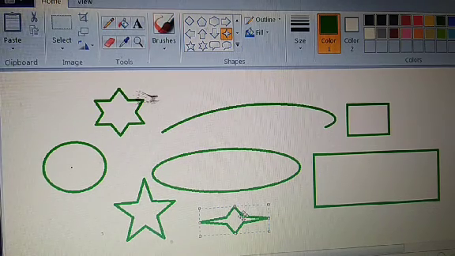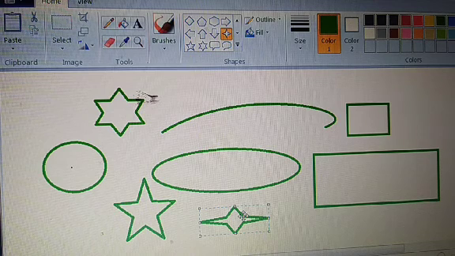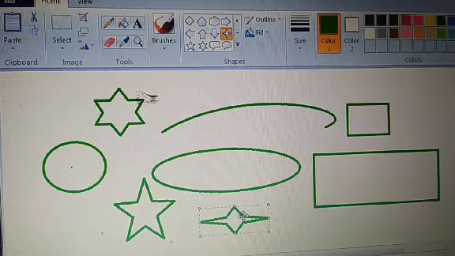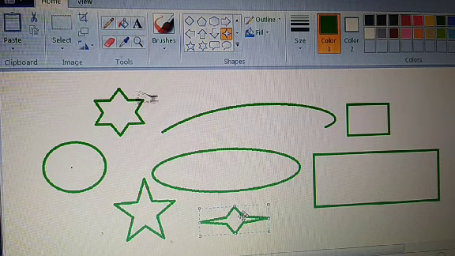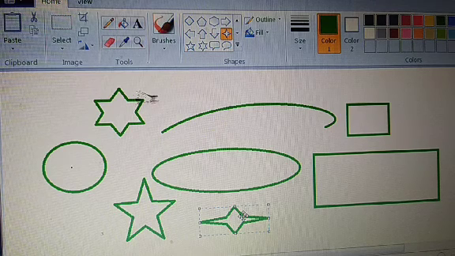If you don't drag the mouse, the picture will not be drawn. Press the left button, keeping it pressed, and move the mouse. This is called dragging.